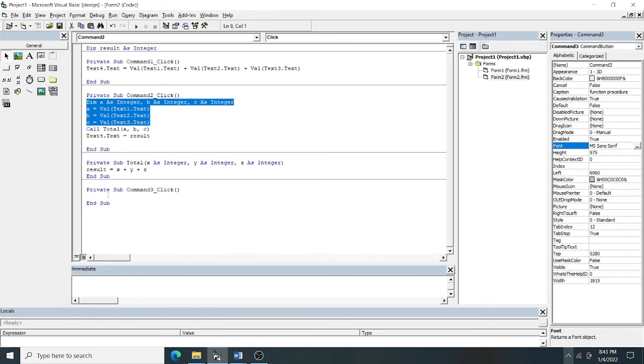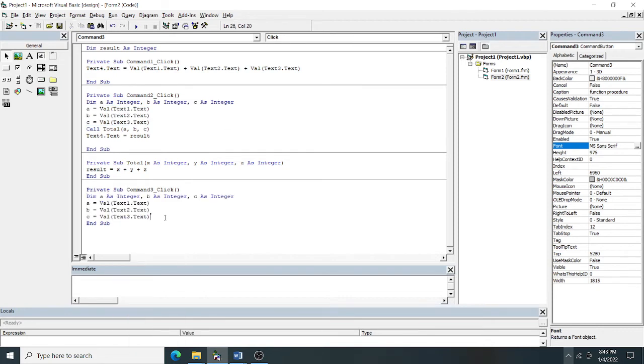Copy paste, and after that what I should write, here I will use result equal to. Remember one thing, this one is called your sub procedure. To make you understand, I can use the command line here.